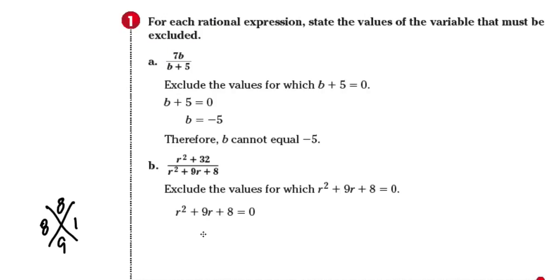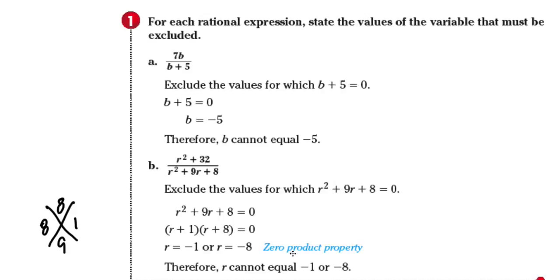this now becomes r plus 1 times r plus 8 equals 0. Using the zero product property, you now have r is equal to negative 1, r equal to negative 8. Therefore, the excluded values of r are negative 1 and negative 8. Those are your excluded values. Okay? Let's take a look at